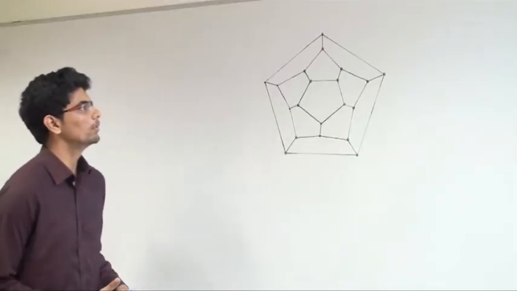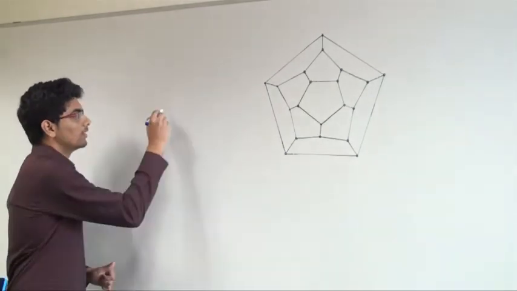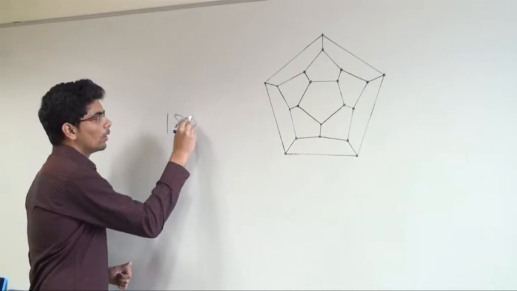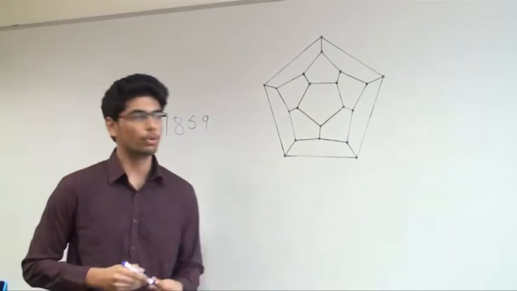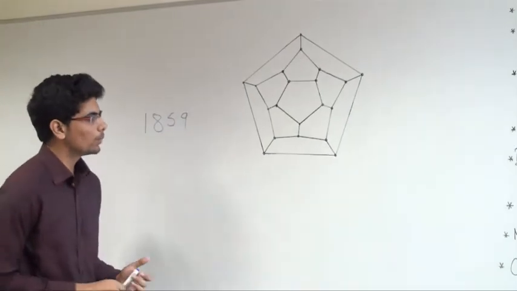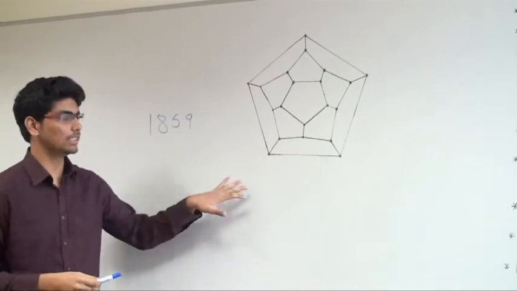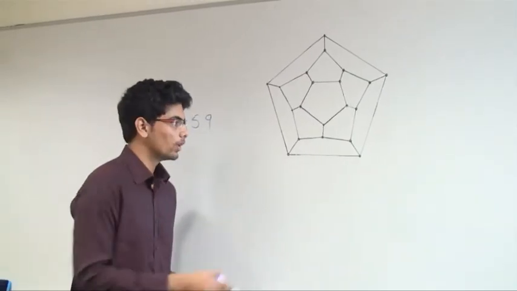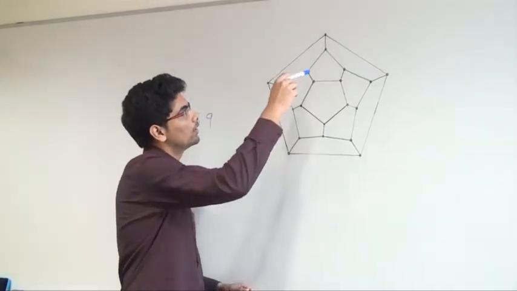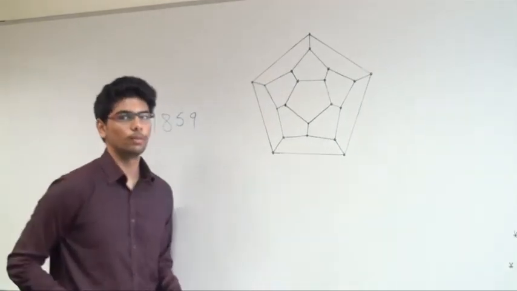Now, where did this problem of the traveling salesman originate? It started in 1859 when Sir William Rowan Hamilton proposed this problem using a flattened dodecahedron. What he did was he assumed each of these points to be nodes. For example, they can be cities. And what he wanted to do was traverse this whole network, going through each node exactly once and coming back to the starting node.